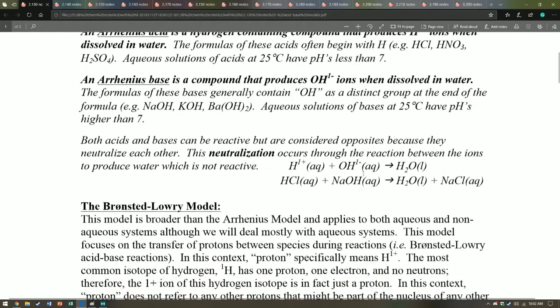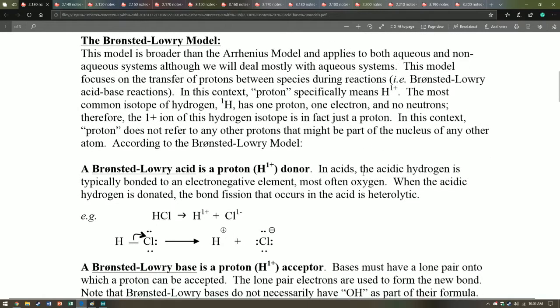So let's move on. The Bronsted Lowry model, however, is similar in the fact that it involves hydrogen. It involves hydrogen changing hands, but it's broader than the Arrhenius model. It involves the transfer of protons. So a Bronsted Lowry acid is a proton donor, and a Bronsted Lowry base is a proton acceptor, or H plus. Note that